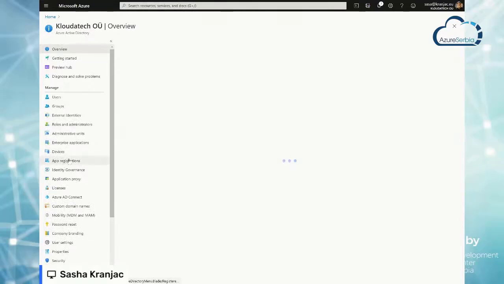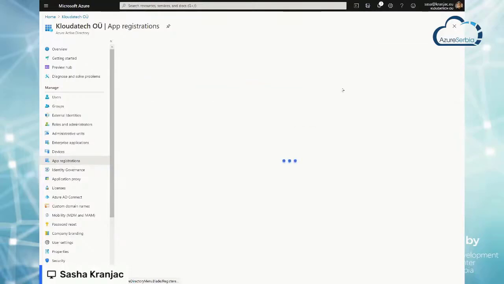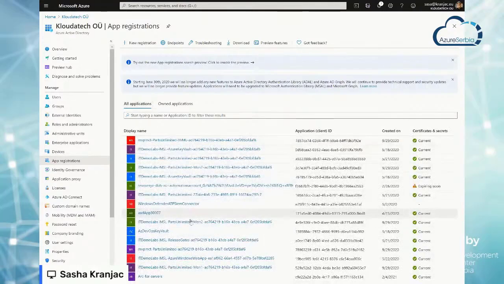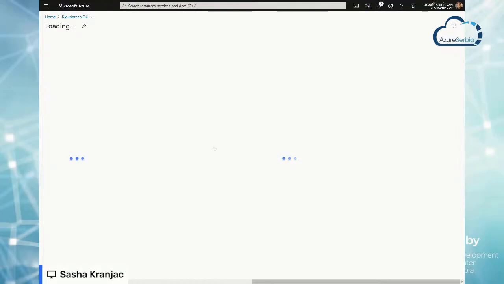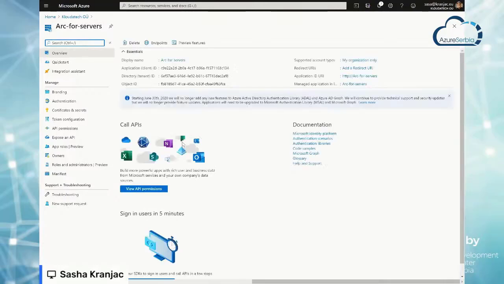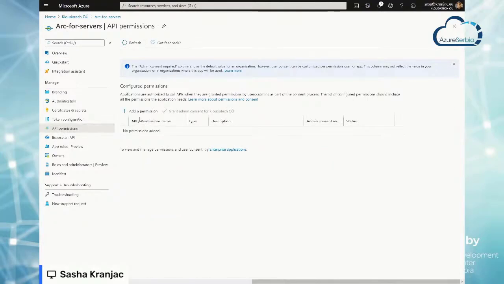You have to register the app, and there's the app, Azure Arc for Servers. For the Azure Arc for Servers app that is created, you will also have to go and see the API permissions, and add